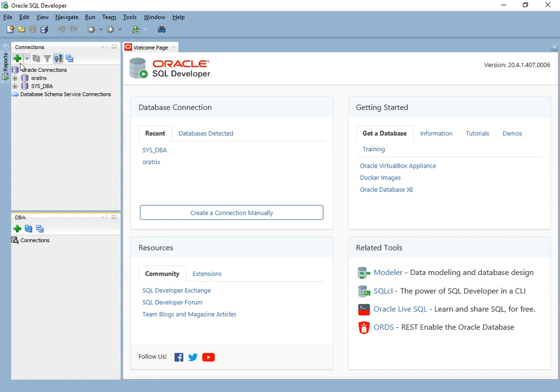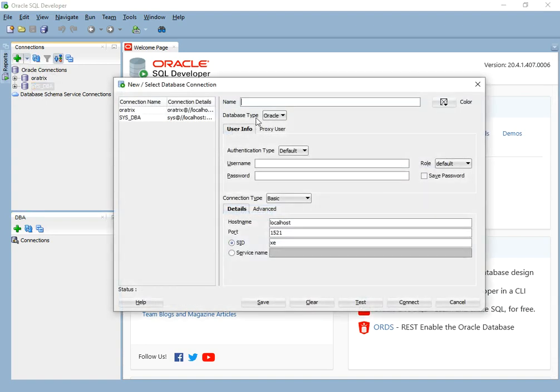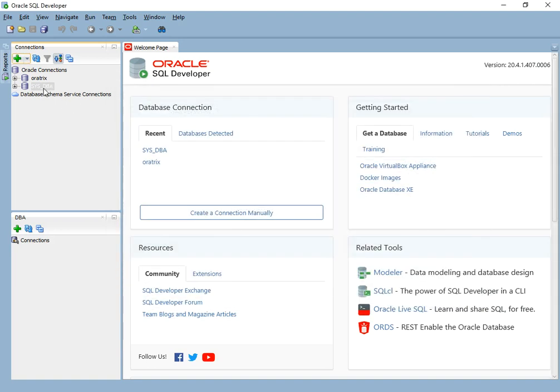First we need to have a sysdba connection. Let me click here, and you can name your DB account anything. The username would be sys, with your password and role sysdba. If you are using Oracle 18c XE, then instead of the SID we are going to have XEPDB1, that is the pluggable database. Let me test it. If you get a success message, then you can press connect.